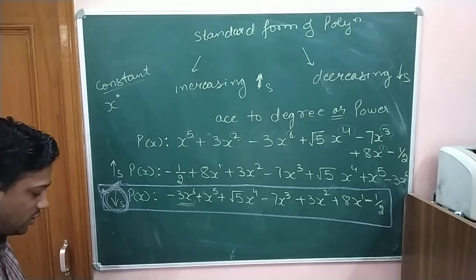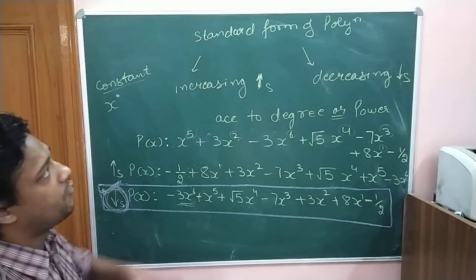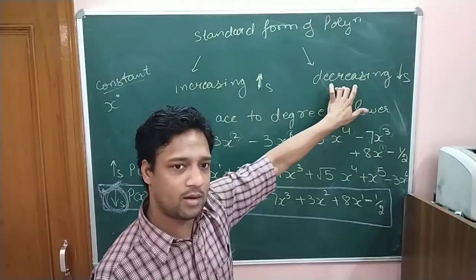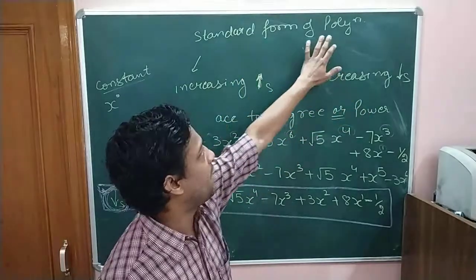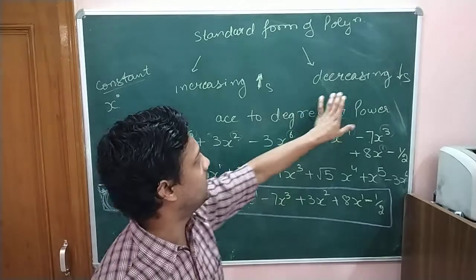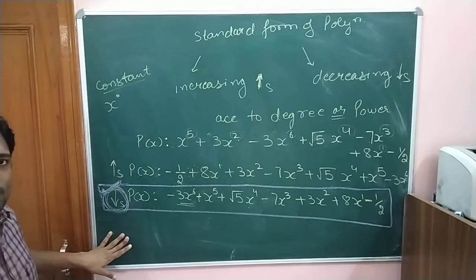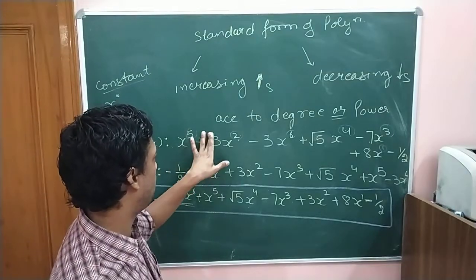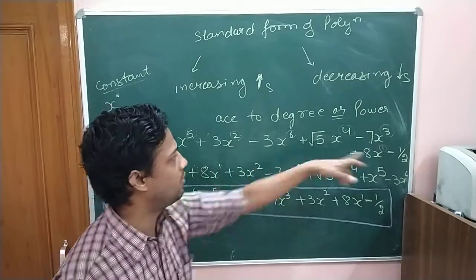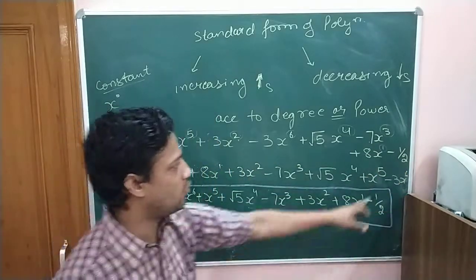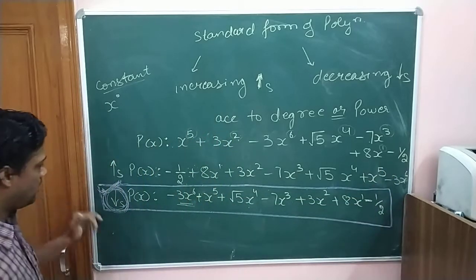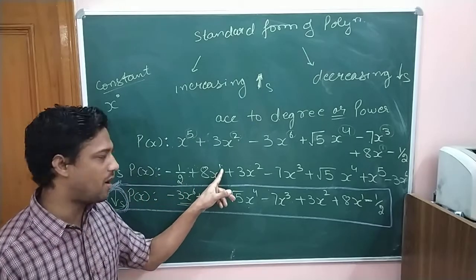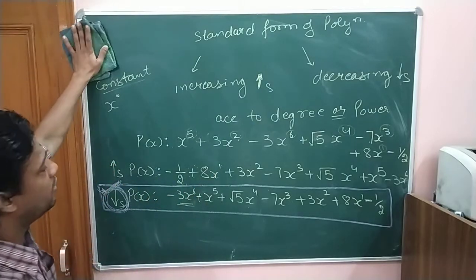Suppose that in an exam there is a question: what are the standard forms of polynomial? You have to write the increasing order and the decreasing order. There are two types. A polynomial can be written into standard forms. One is increasing order, second is decreasing order. Then give one example like this. Write a polynomial having the terms according to the power, but jumbled: 5 here, 6 here, 2 here, 3 here, 4 here, 1 here, and the constant x^0. Then rearrange them according to the increasing or decreasing order of the power of the variable. That is a standard form of polynomial.